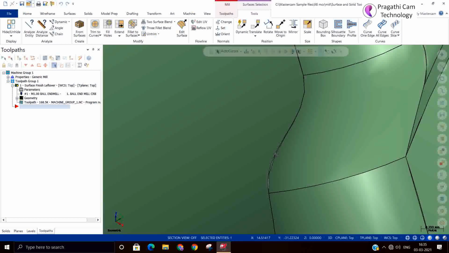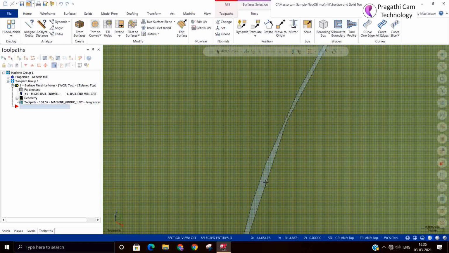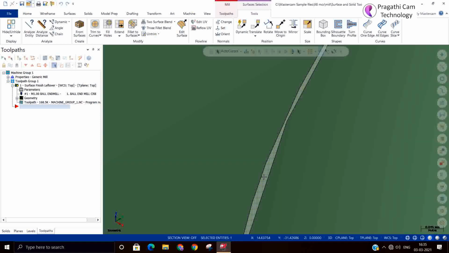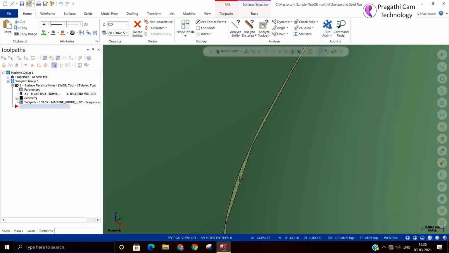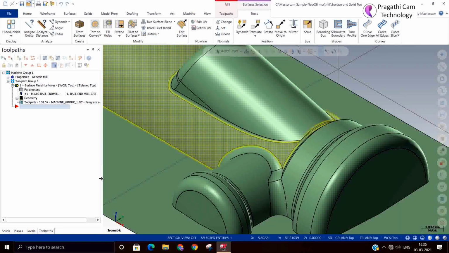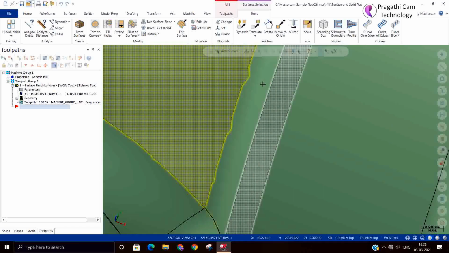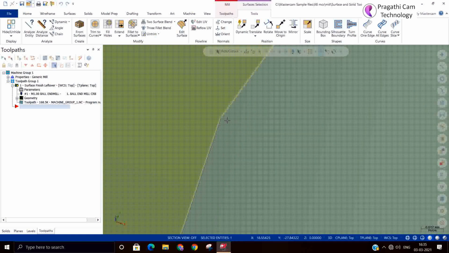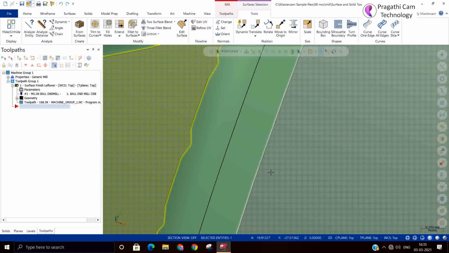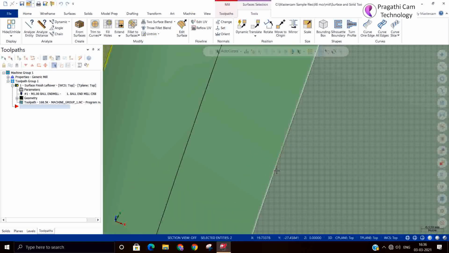If you zoom out, you will not be able to see it, but when you zoom in, you can see it. So this is a gap. I just selected the bottom one. You see that this is the bottom surface, the outer one. The surfaces are not always exactly meeting. Mostly because of the tolerances, these surfaces look like this. There might be a gap or overlap.